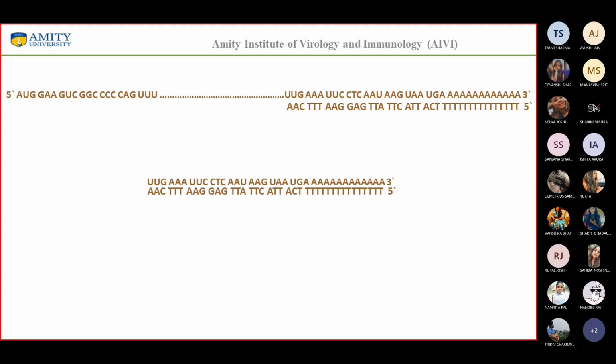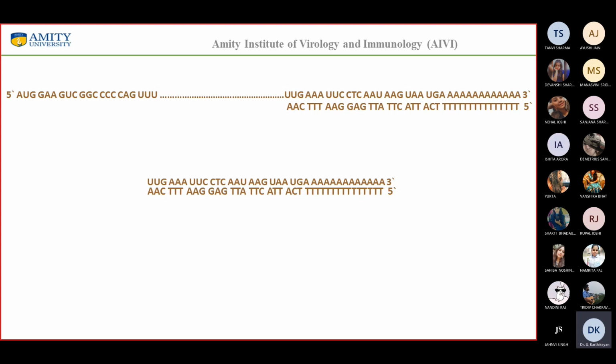So PTGS, or post-transcriptional gene silencing, when it was observed in plants, as we all know, the plant sciences and animal sciences are like opposite domains, right? So people didn't really pay much attention until somebody said, hey, can we do this in any other system and find out what happened? So Craig Mello and Andrew Fire, these two scientists, did this for C. elegans, which is a small nematode worm used as a model system. They did that in C. elegans and found out that it works beautifully.